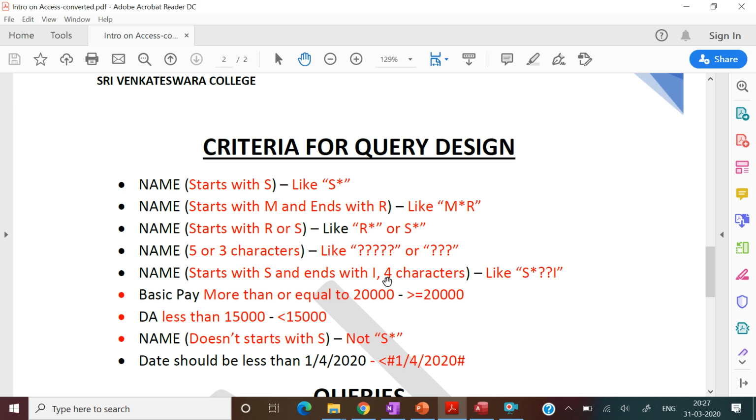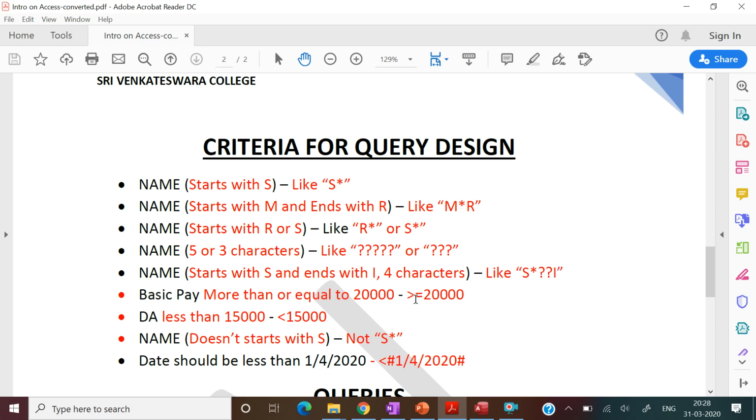So how do we do that? In inverted commas we will put S and the star or multiplication sign, and it should have 4 characters, so two question marks, and the last one is I. So the total number of characters is 4: S, 2 question marks, and I.